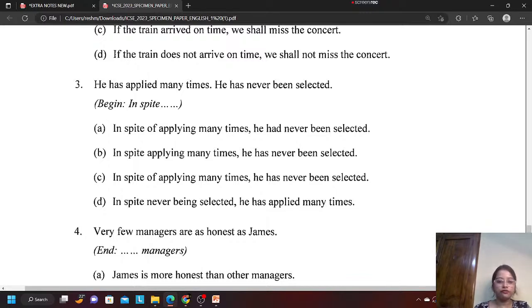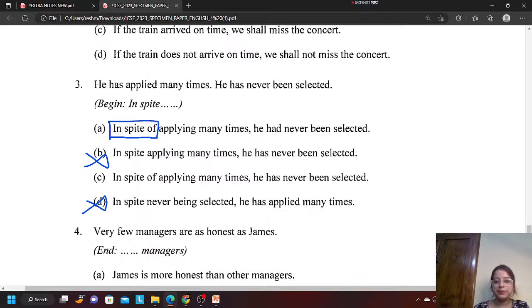See, in spite of, this one is important that with despite we are not going to use of. With in spite we are of course going to use of. So this much is clear, but it is not there in option number B. So cancel it. It is not there in option number D. If you know this much, you can cancel 2 options. So B and D, those which are written, they are wrong. You have understood why they are wrong, right?